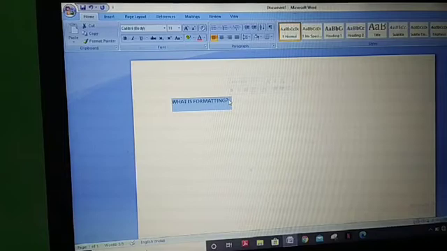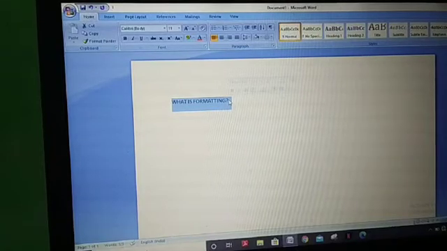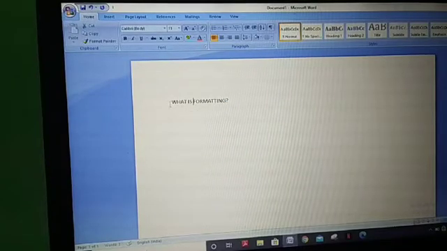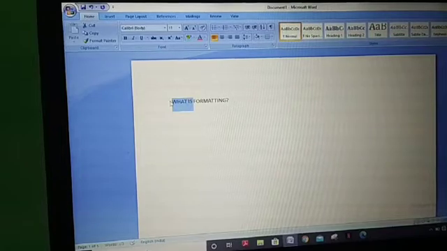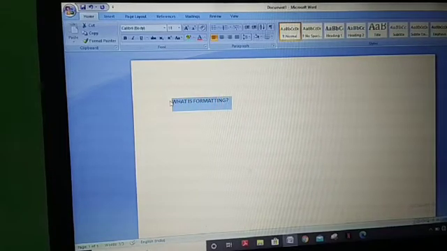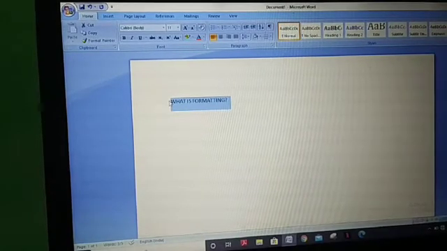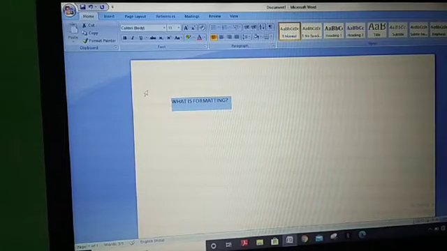Either you can do it through the mouse, drag the mouse over the text, so text will be selected, or you can do it with the keyboard. Place your cursor at the beginning of the line, hold the shift key and keep pressing the right arrow. One by one all letters will be selected. Clear? So first of all, text should be selected. Then one by one we will apply all these.